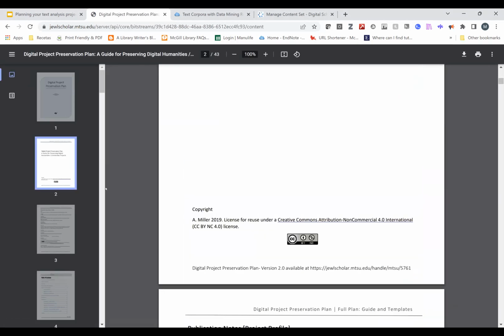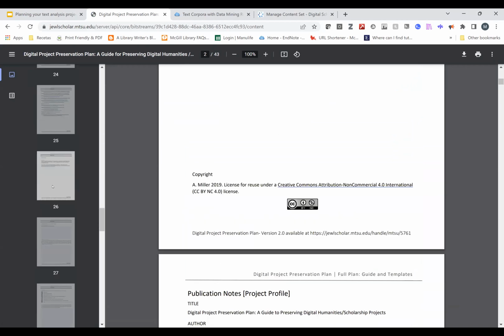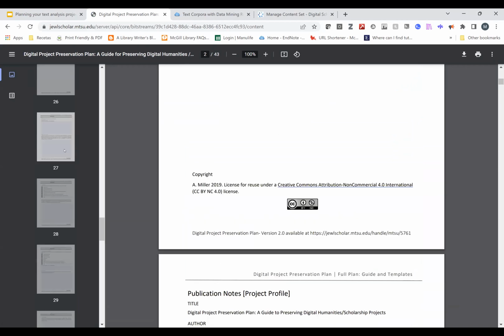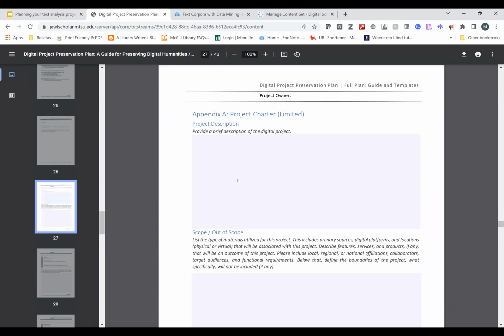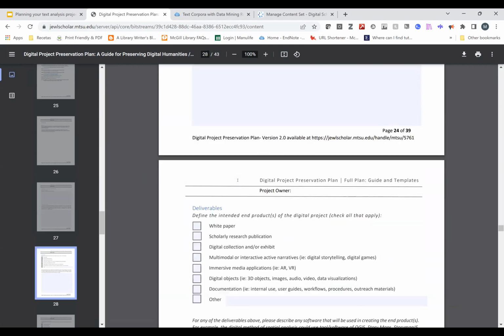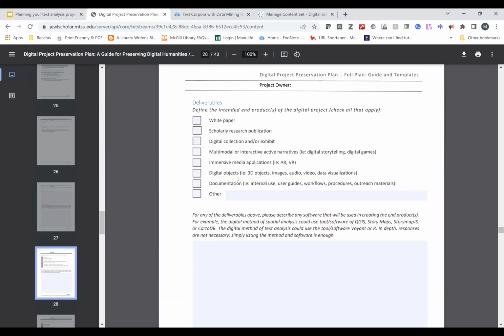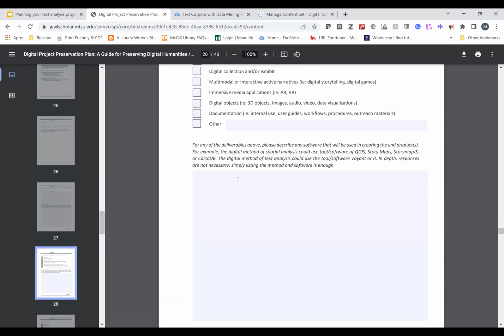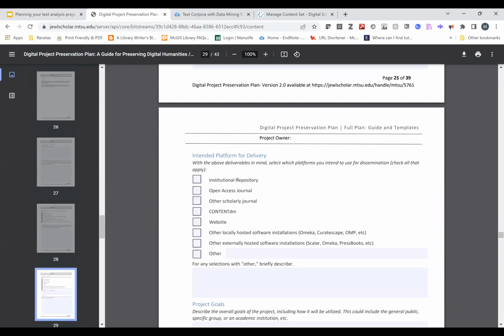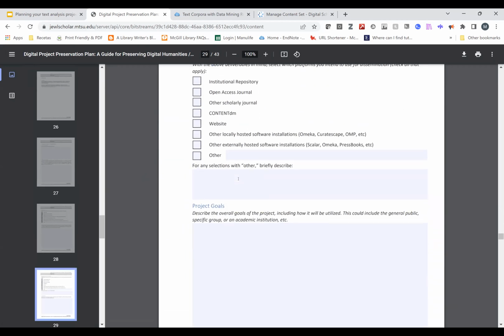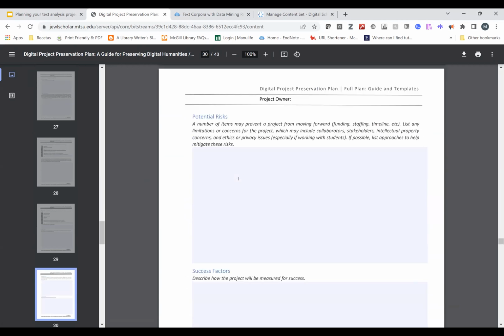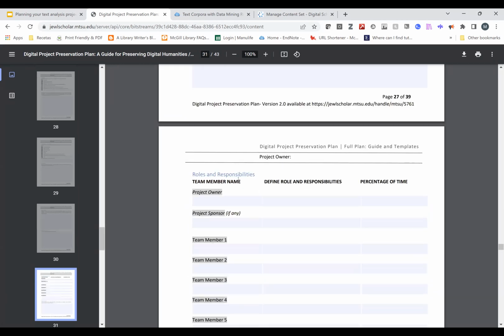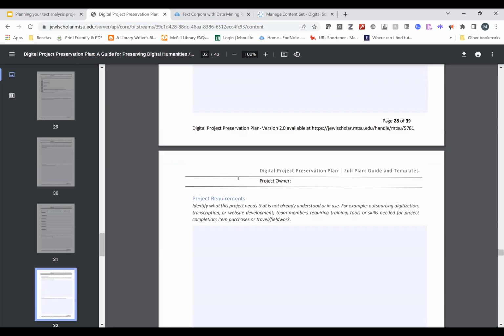So you first have the guide, which we're not going to look at as much, but it just gives you a lot of useful information. But then it has all these different forms that you can fill out for your own project. What I really like about it is that it makes you think about all these different things that we talked about today before you start your project, ideally, so that you are able to really plan your project